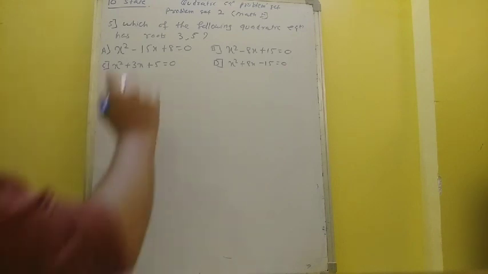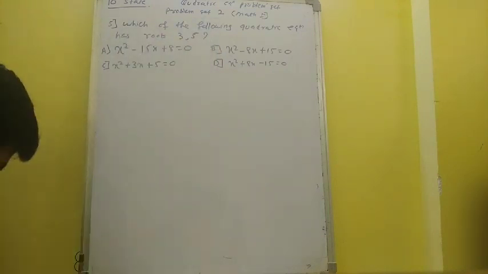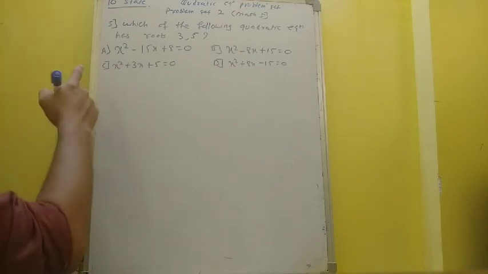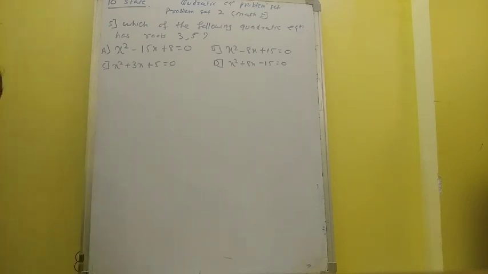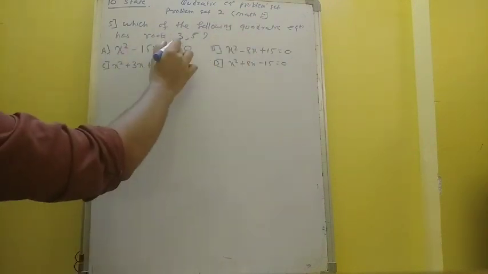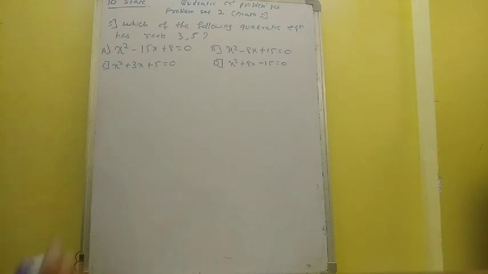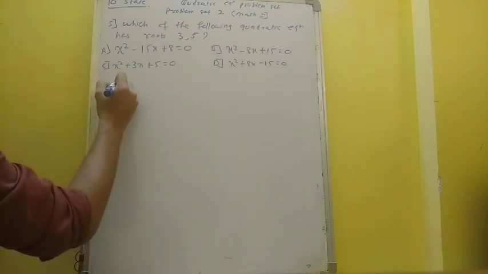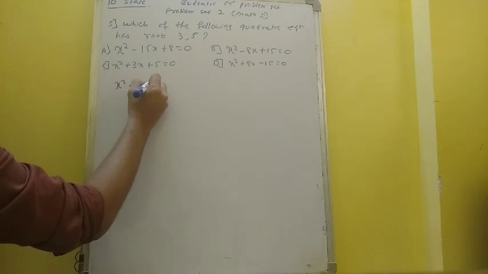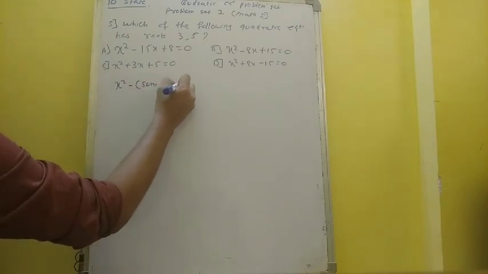Okay, in the fifth question, which of the following... Okay, I missed out the fourth question. Okay, I will do the fifth one, then I will do the fourth one. Okay. Which of the following quadratic equation has roots 3 and 5? So we have the roots. With the help of the roots, can I frame the quadratic equation? Yes. So quadratic equation is x square minus sum of the roots